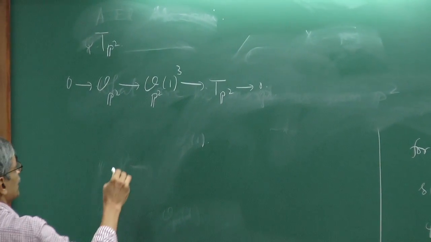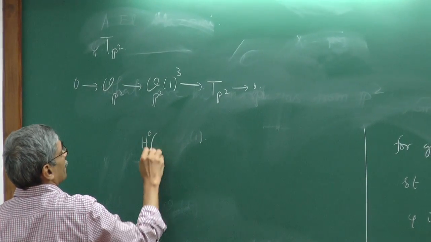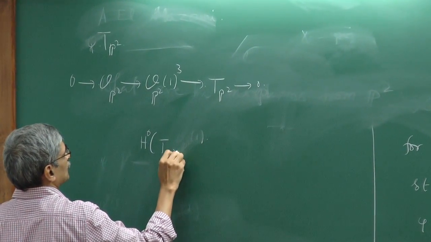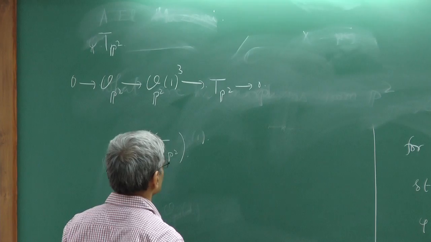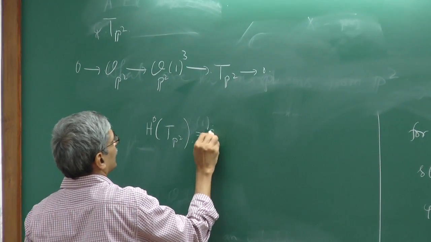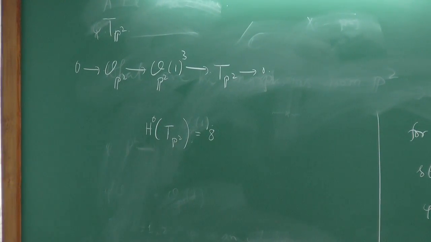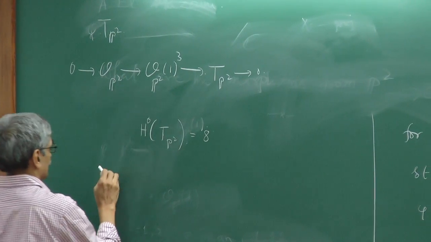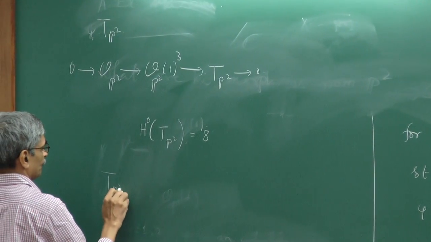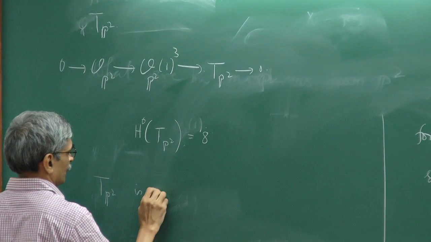And from this you will see that H naught of T of P2 is 8, and also it's known that TP2 is